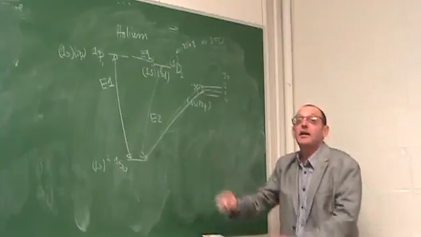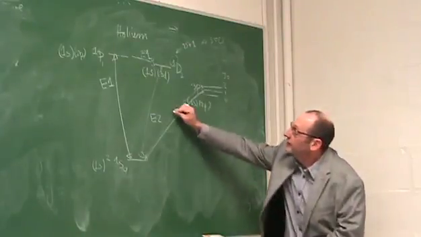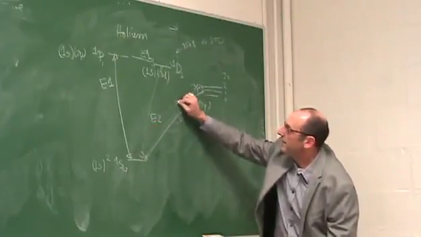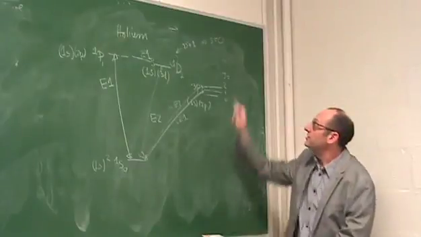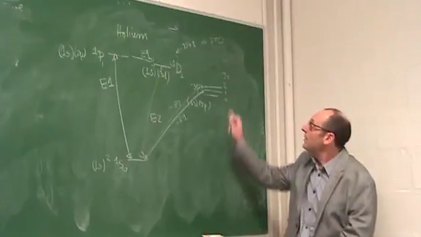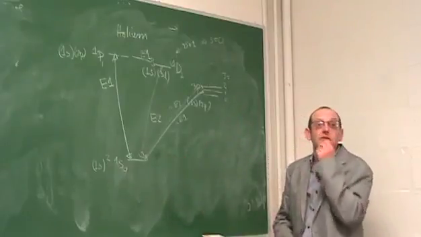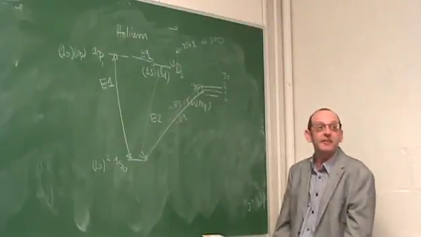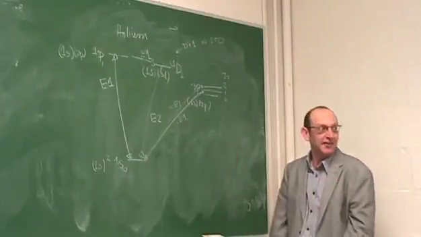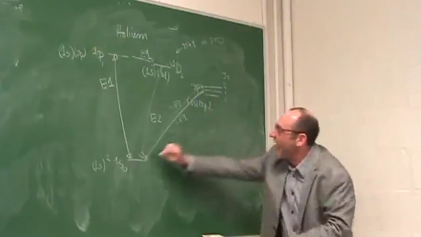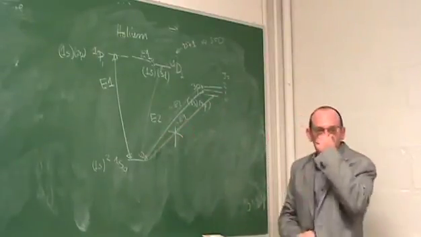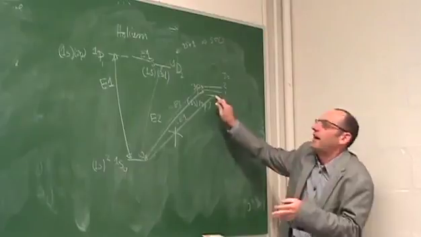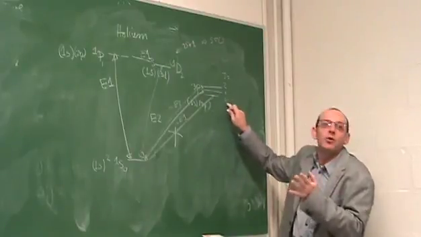What about this one? Well, this one was kind of E1-ish, if it had a little bit of this one. This one's kind of E2-ish, because delta J is 2. What about this transition? Well, this is a J equals 0 to J equals 0. Remember, we kept saying no 0 to 0, no 0 to 0. This is absolutely forbidden. And the only way that this is allowed is to the degree to which this total J is not 0.